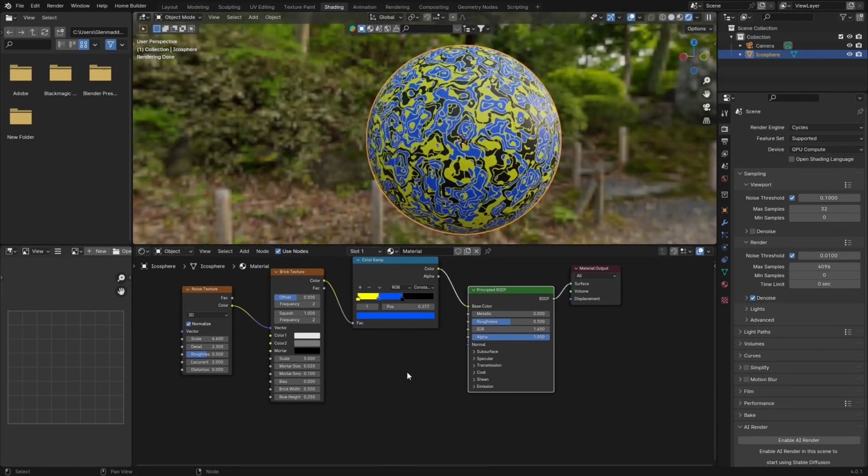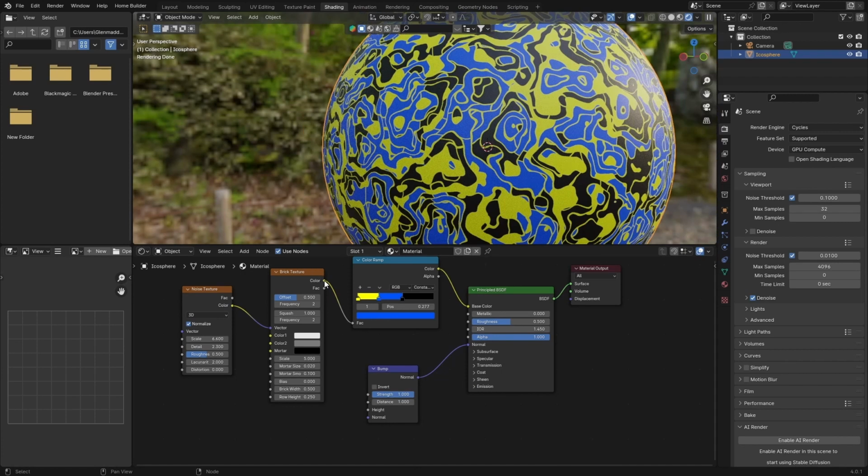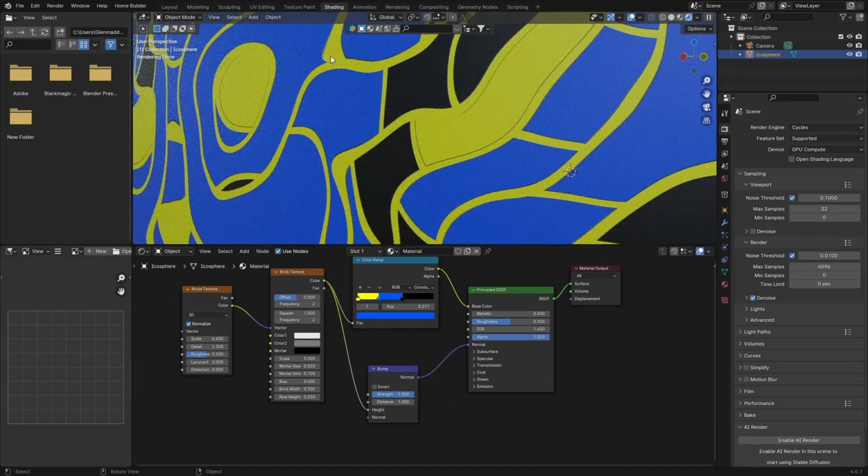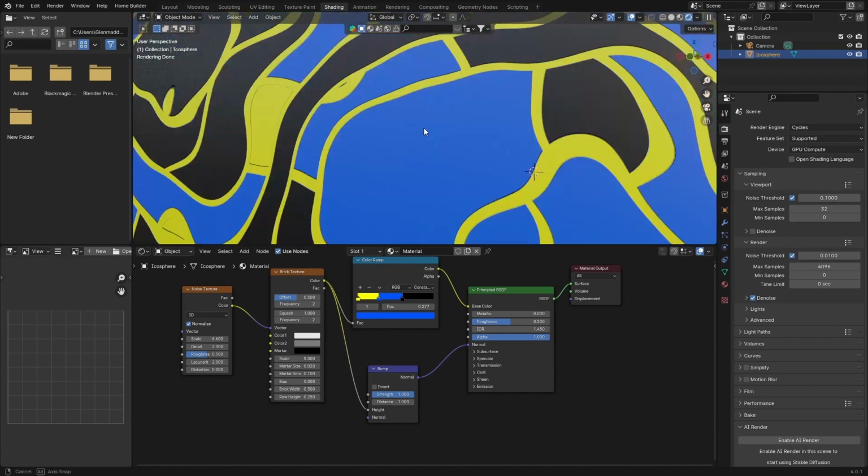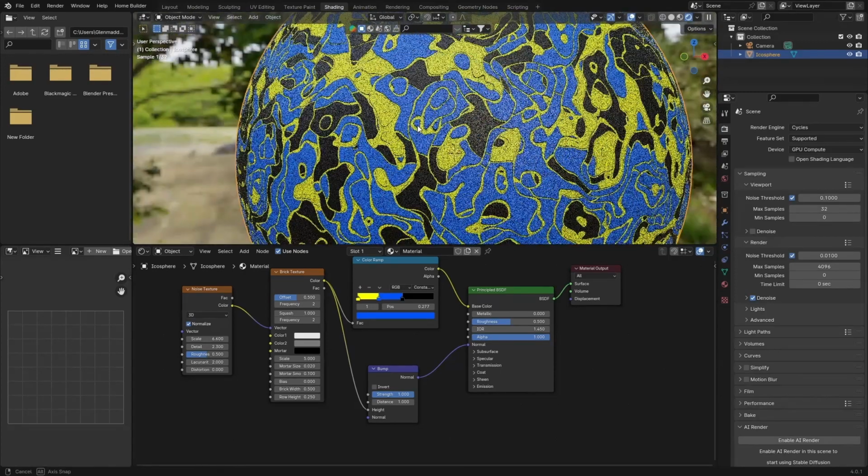Okay, and last thing you want to do, Shift A, type in bump, plug the normal into the normal, and then what you can do, take the color from the brick texture, plug into the height. And we've got like nice looking detail. As you can see, there's a bit more detail in the